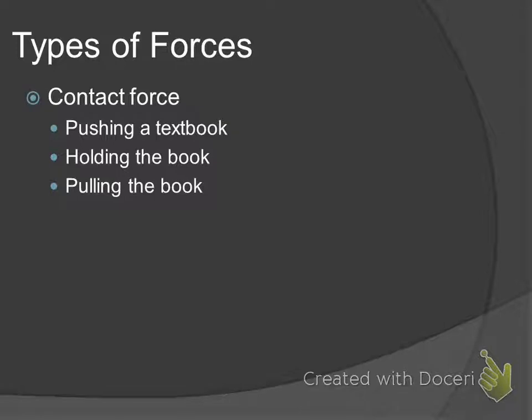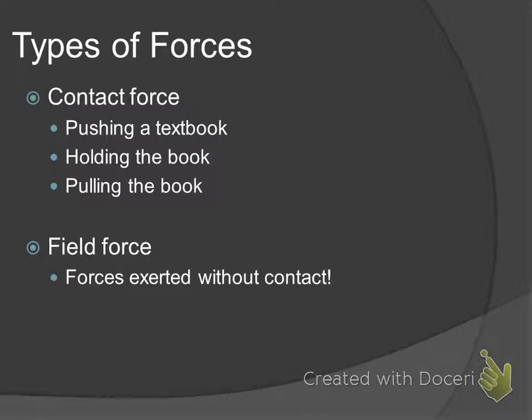The second type of umbrella force, or overall type of force, is called a field force. Okay, and field forces are exerted without contact, so they don't have any contact with the object. There should be one type of field force that we are very familiar with or that we can assume. Does anyone know what that is? Magnets, yeah, okay. And gravity was the big one I was thinking of. Magnets, yes. There is a magnetic field which exerts a force. We won't deal with magnets in this class at all, but we will deal with gravity, okay, and the gravitational